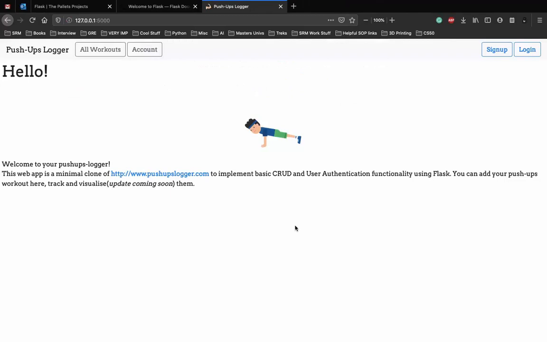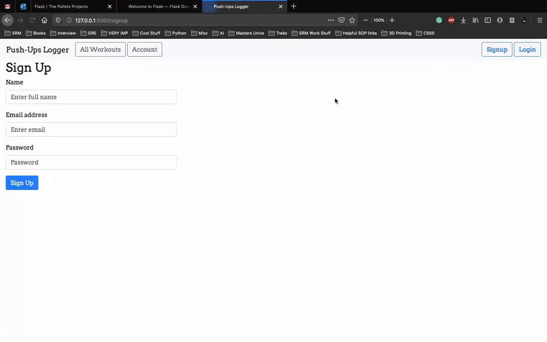So we'll be developing this where users can log in, sign up, add a workout, and also view all their workouts as time progresses. So let's see how the final product looks like. So this is the homepage, as you can see. You can go to sign up, add a name, let's say John Doe,